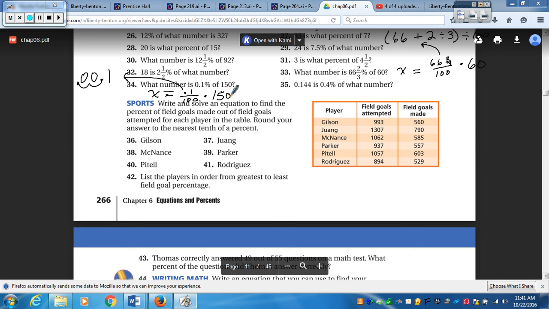For the next one, 0.144 is 0.4%, of what number? Now, obviously, you could either do this right here, or you could go ahead and make that point, moving it 2 places, 1, 2, 0.004. That's the same thing. And so I'll show this in 2 different ways. If you have this,